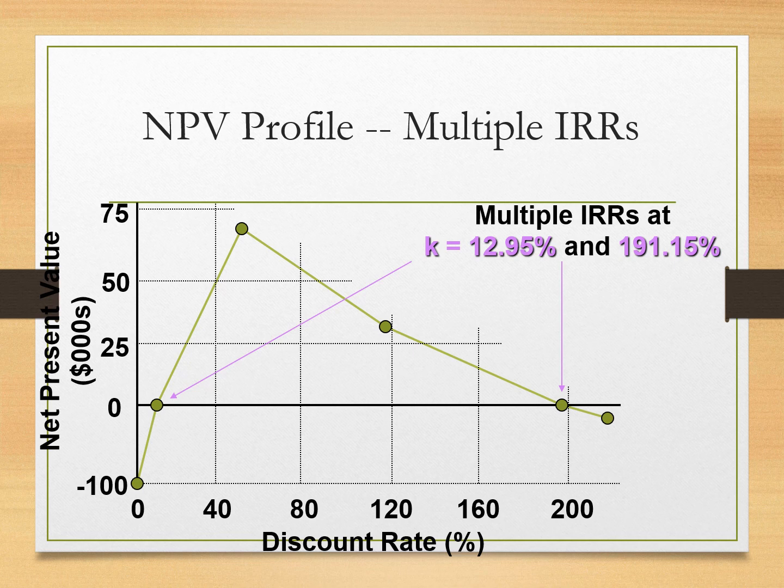IRR, you know that at the IRR, NPV is zero. So at 12.95% the NPV is zero, and at 191.15% the NPV is also zero, because we have seen that the cash flows are non-conventional, they have negative sign more than one, so there are